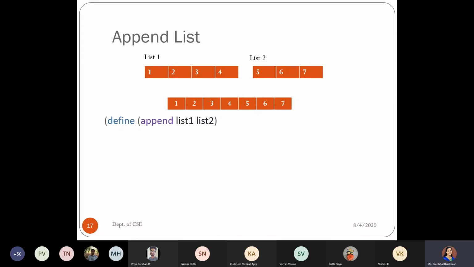Whenever you are saying, first we are identifying list 1 has to reach the empty list, till that is null of list 1. If that condition is not satisfied, you have to keep tracking the contents. So cons of car of list 1 should be kept along with it, and along with this, again you will be calling the same procedure with the remaining. I think it's time up, right? We'll continue with the append procedure in the next class then.